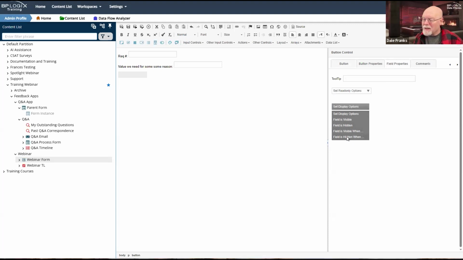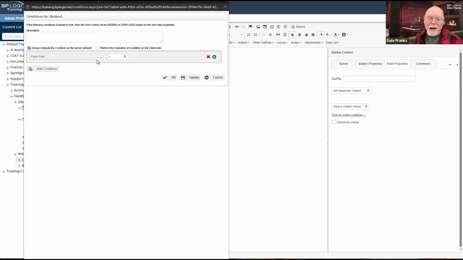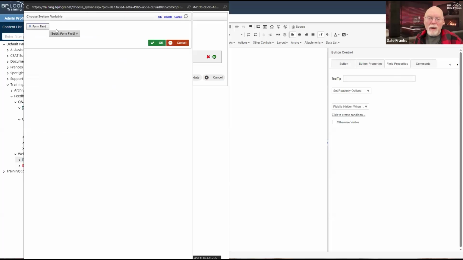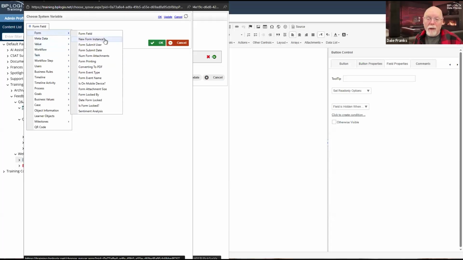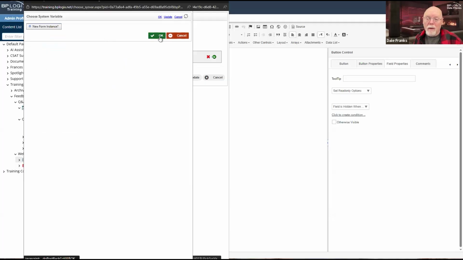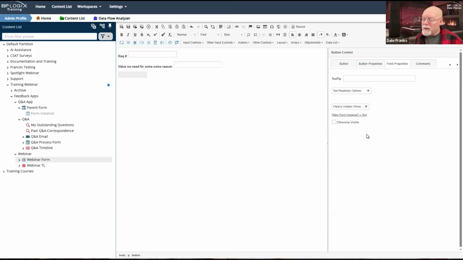And I'm just going to say field is hidden when, and I'm going to say I don't want it shown when new form instance equals true. So field is hidden when new form instance equals yes. I'm going to make it otherwise visible.